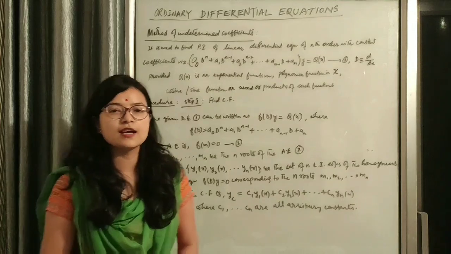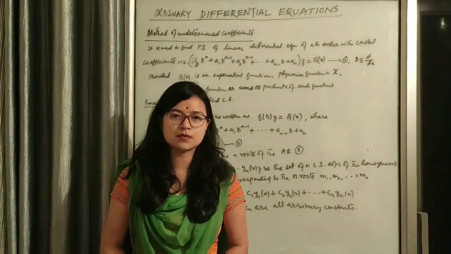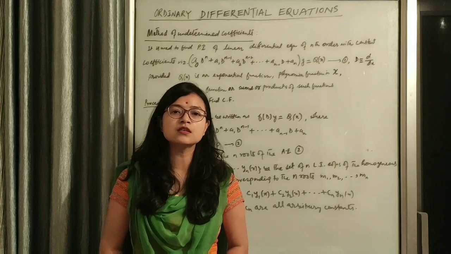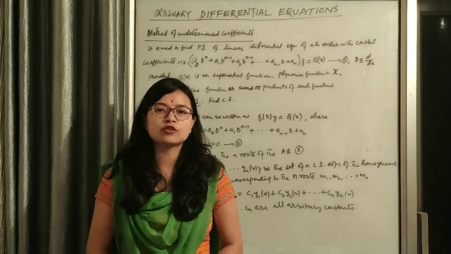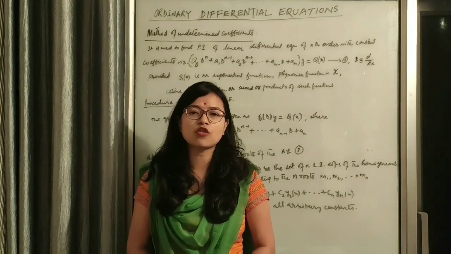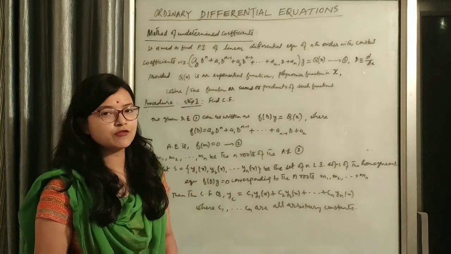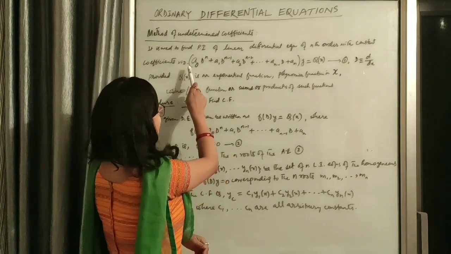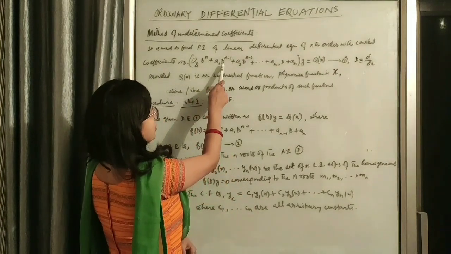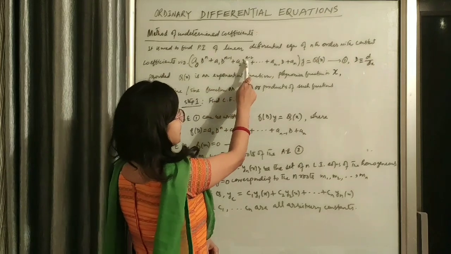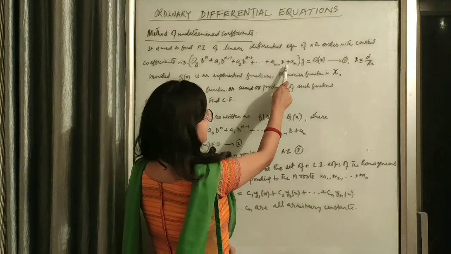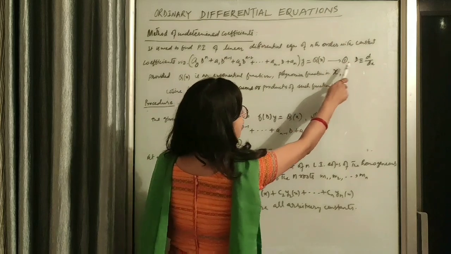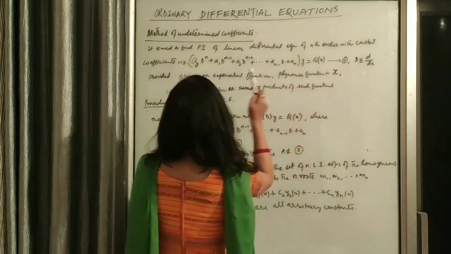Hello students, today I will discuss the method of undetermined coefficients to find the particular integral of nth order linear differential equations with constant coefficients. A linear differential equation with constant coefficients is of this form: a naught D to the power n plus a1 D to the power n minus 1 plus a2 D to the power n minus 2 plus up to a n minus 1 D plus a n, y is equal to Q(x), where D means the operator d/dx